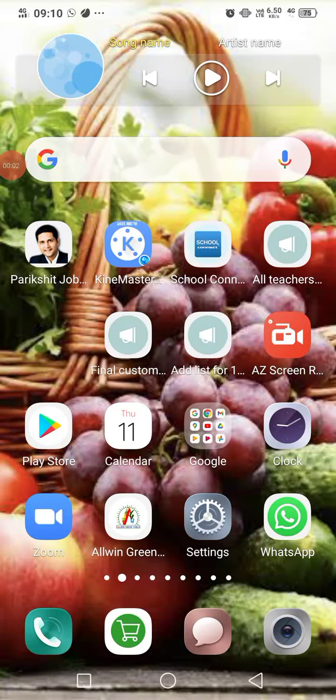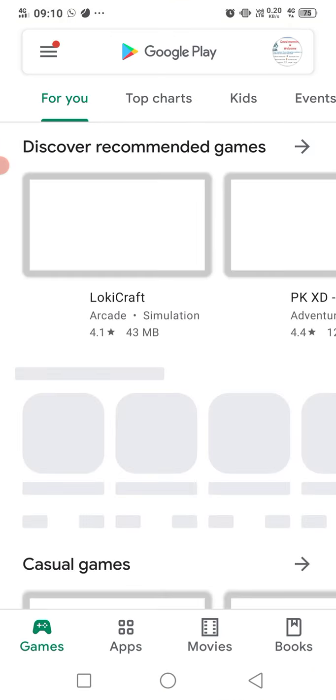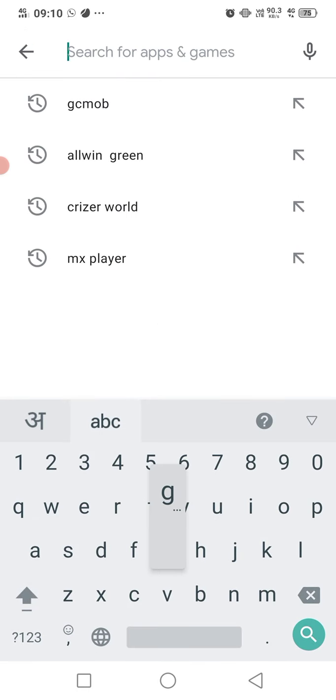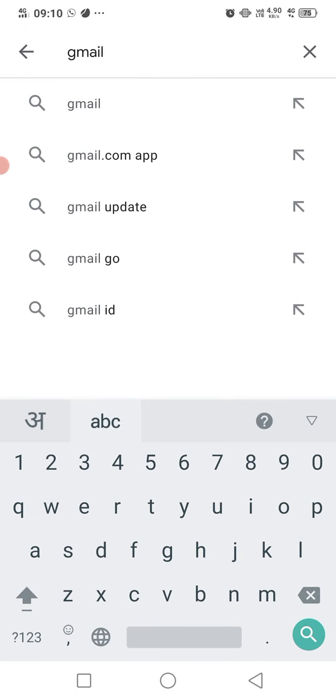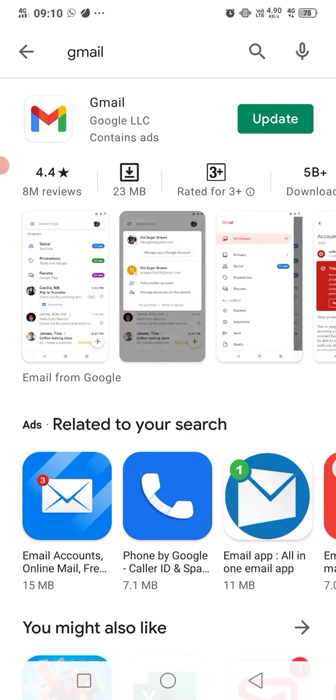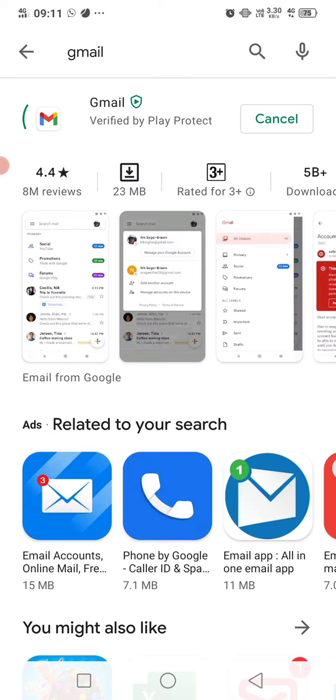Hello everyone, through this video we will learn how to work with email in a mobile device. So first of all we need to install Gmail. To install Gmail we'll need to go to Play Store. In Play Store we just need to type Gmail and search. Now here we can see Gmail, very colorful with the M letter icon. Here it is showing the update button, otherwise it will show you install.